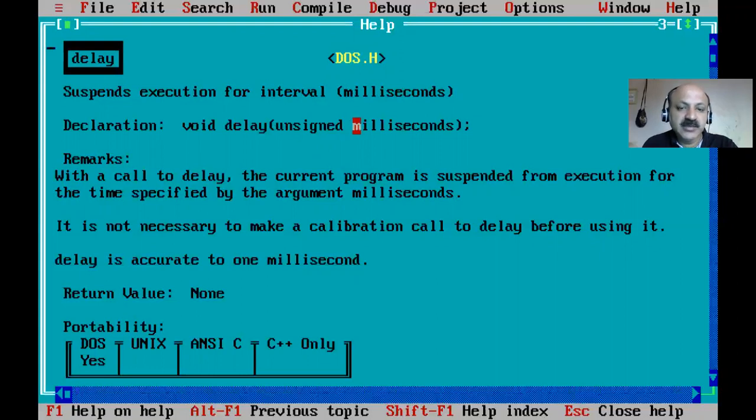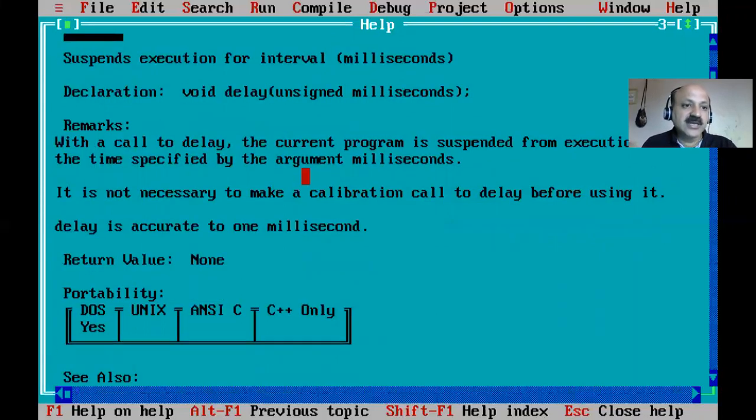So unsigned integer is a data type in C. Watch my YouTube video lecture, where I also print data type addresses with unsigned u for unsigned integer. So here unsigned milliseconds is used. The delay means suspending execution for an interval.